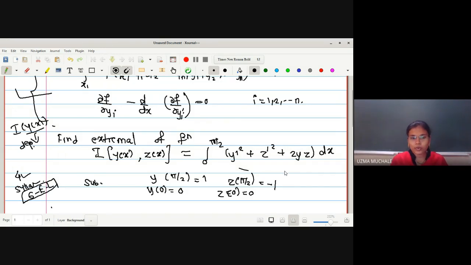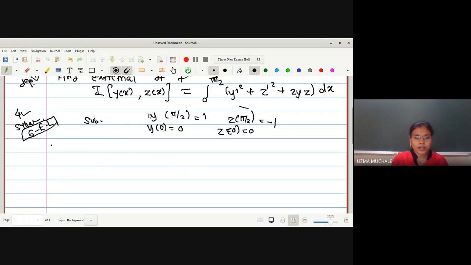Now in this case, we have seen only two forms. The first one is with a single dependent variable and a single independent variable. But in the second case, we have more than one dependent variable. That is, instead of having simply y, we can have another variable. So at that time, we can use the second form. That is, instead of having only dou f by dou y, we have one equation with dou f by dou y and another equation with dou f by dou z. Okay. So while writing in the exam, you should write down: the equation we are provided fits which form? The Euler-Lagrange's equation for several dependent variables.